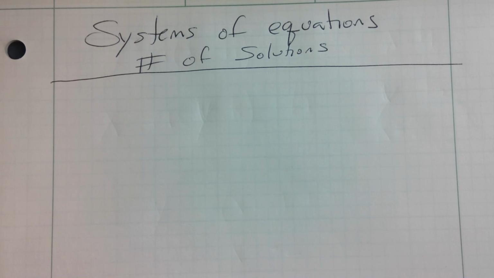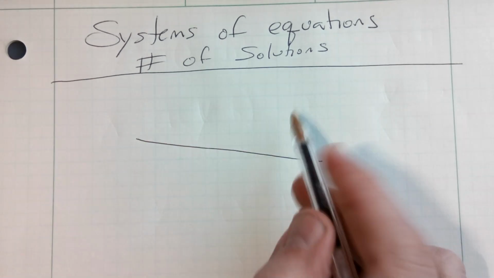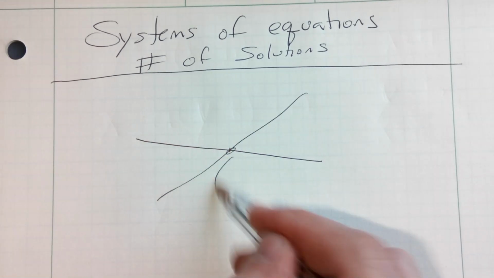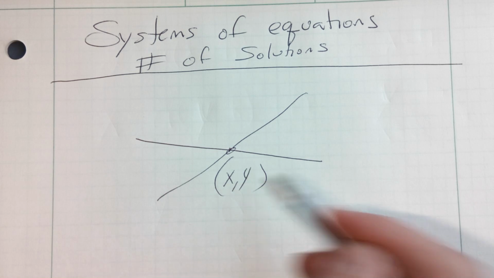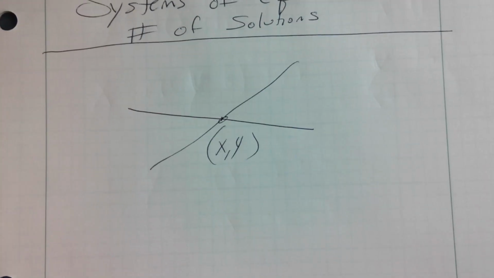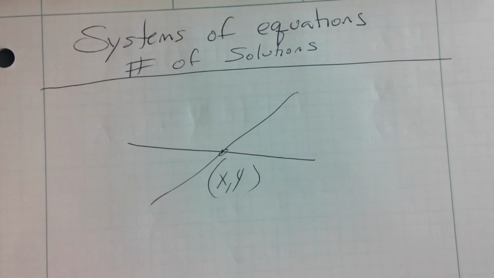Up to this point, we've been solving systems of equations to find where two lines, two linear equations, intersect, that x and y value where two lines intersect. But do they always need to intersect? Can they intersect more than once? The answer to that question is no, they don't always need to intersect, and it is possible for them to